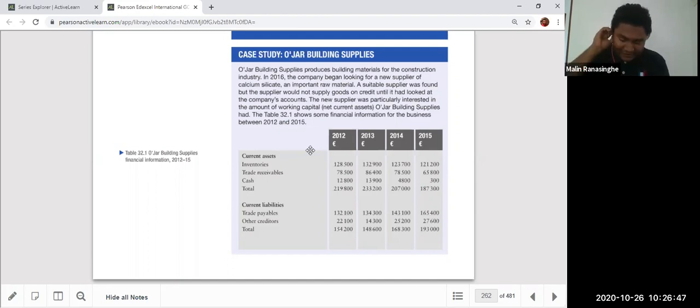For example, I also remember one day, a long time ago, I applied for a bank loan from a commercial bank. But the bank manager told me, I had just opened the account, and he said, Mr. Malin, we don't have any history about you, so we can't give you a loan. You have to open this account, maintain it, and do some transactions. Please operate the account for about 6 months, we'll see, and after that you can apply.